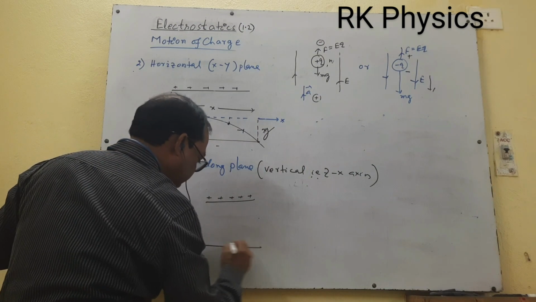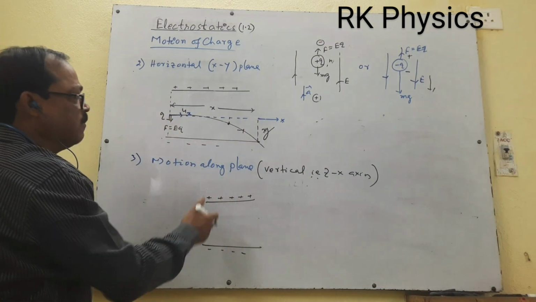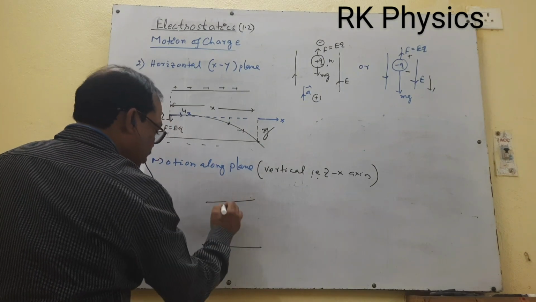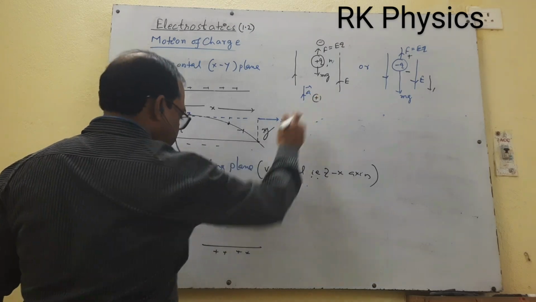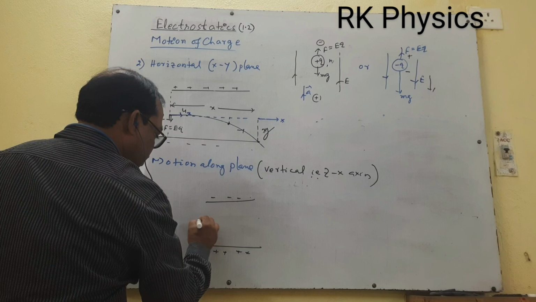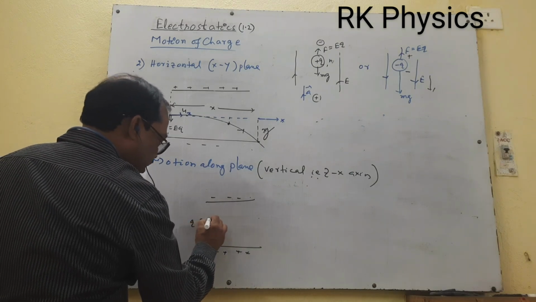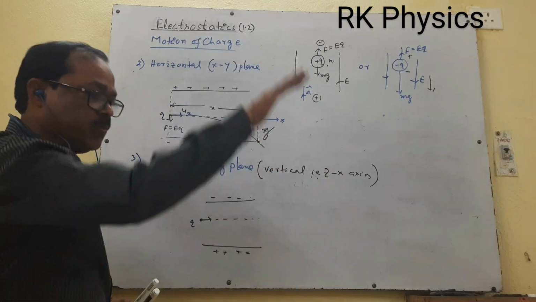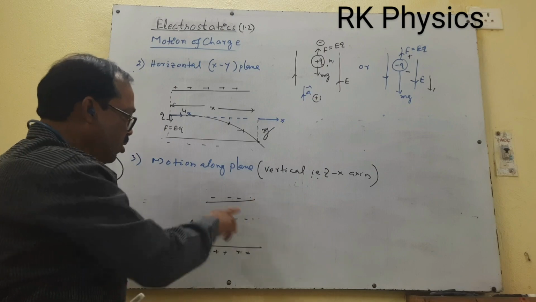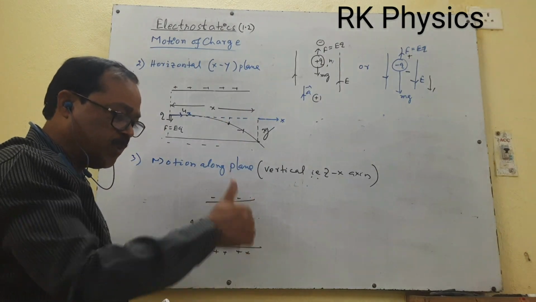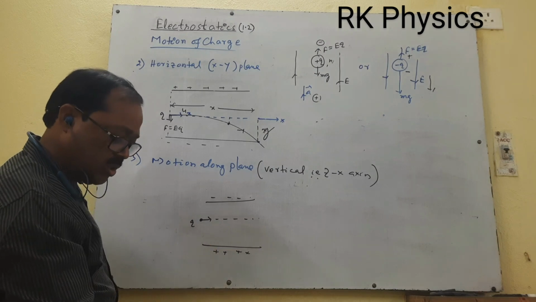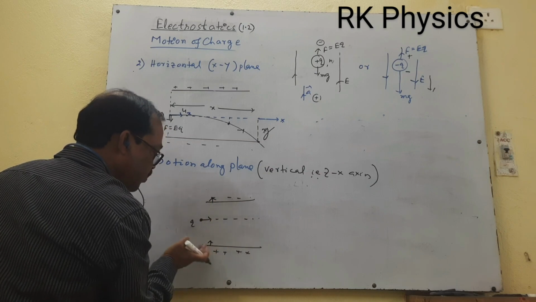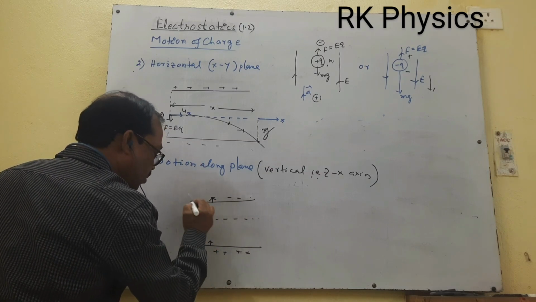The upper plate is parallel to this, with a space in between. Now this is another plate, suppose minus. There is an electric field, or you take this as plus and this as minus. In this case, a charged particle is ejected along this direction, along horizontal. So this is a vertical field. Now this is minus, therefore the charge experiences attraction. Here plus, the charge experiences repulsion. So due to repulsion and attraction, this charge experiences acceleration.